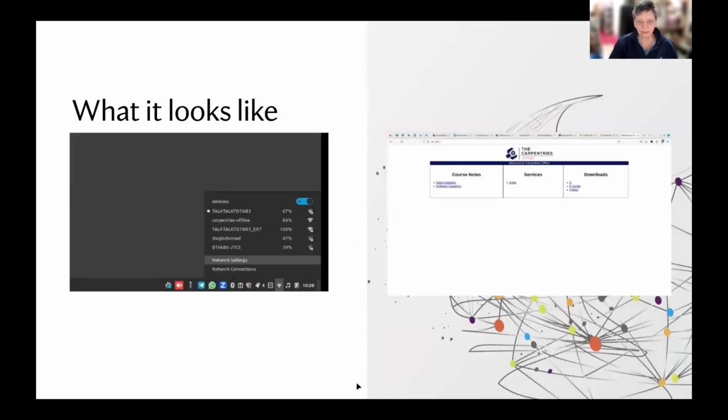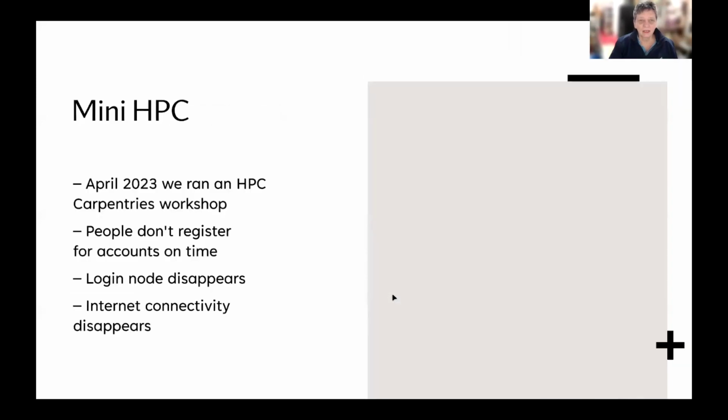So pretty much what that looks like is the screen here on the left is what you typically get to connect to a network, and you'll see the second one there is Carpentries Offline. When the server, whether it's the Raspberry Pi or your PC running from the flash drive, is running, it will display in your connections. You can connect, and on the right hand side is the web page that you get. It's a bit small there, but you can see you've got the Data Carpentry and Software Carpentry lessons, and that still needs to be expanded. Also some downloads, and Git, which is the alternative for GitHub.